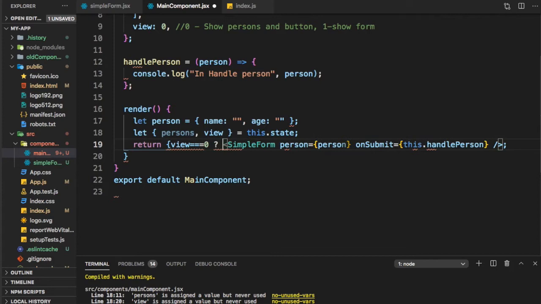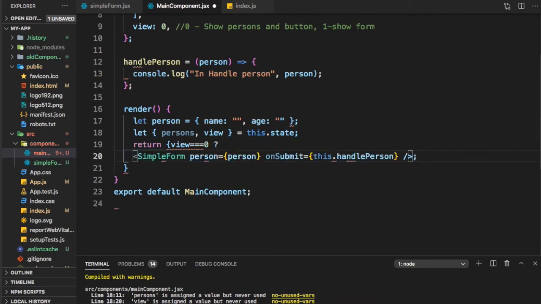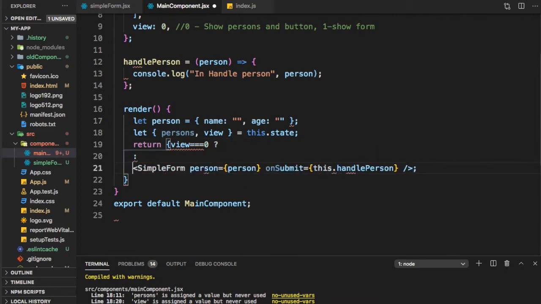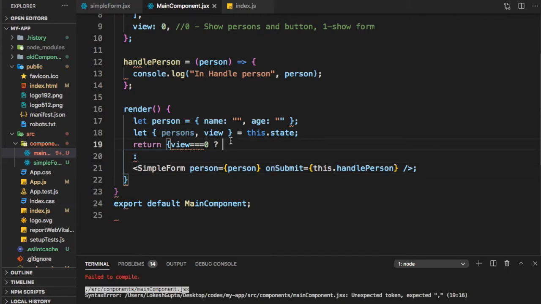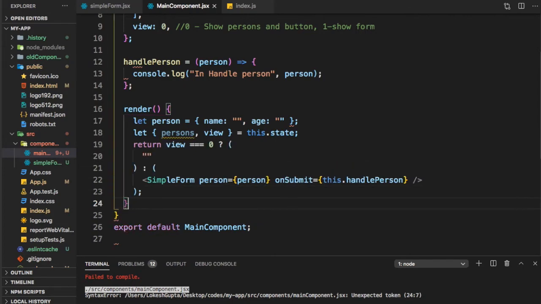So if view is equal to 0, we want to show the table and the button. So let me say we will put a display here. Otherwise we are displaying this. So let me just put an empty string here. So if view is 0, this is what we want to display. Otherwise we want to display this value, and we need to close the render.